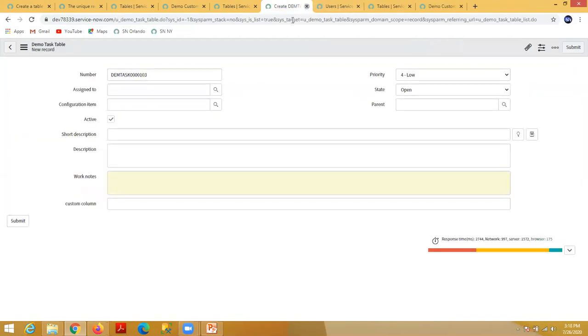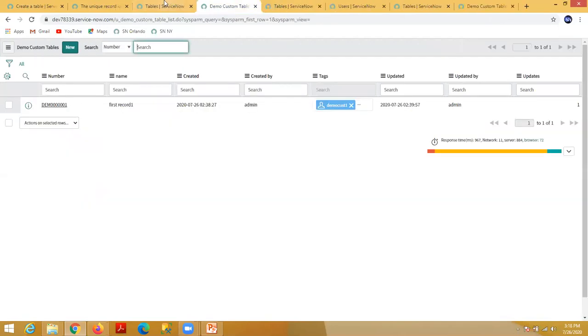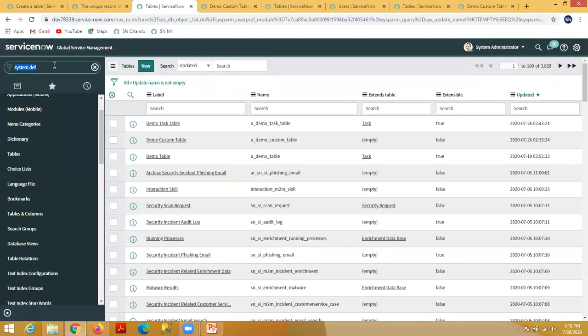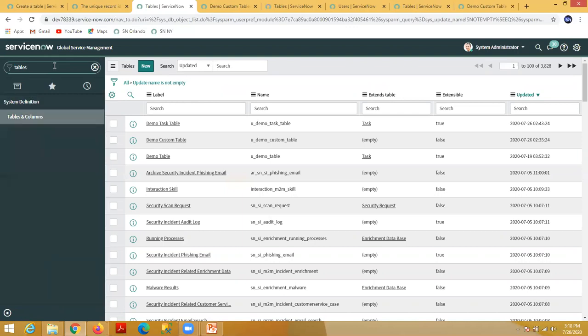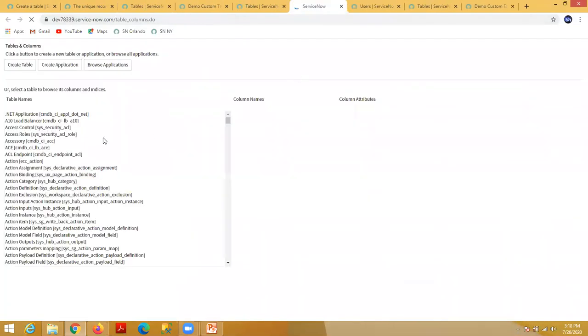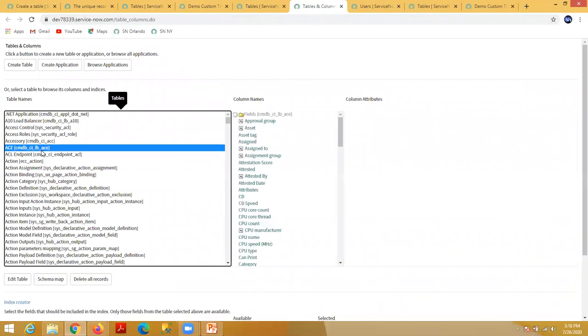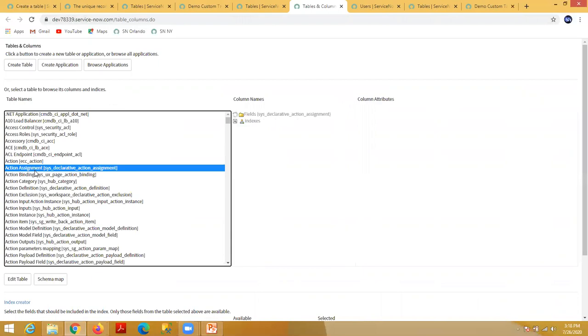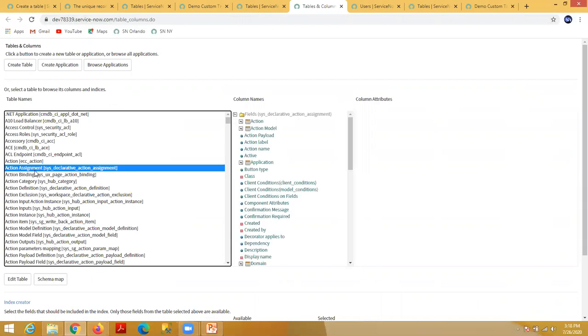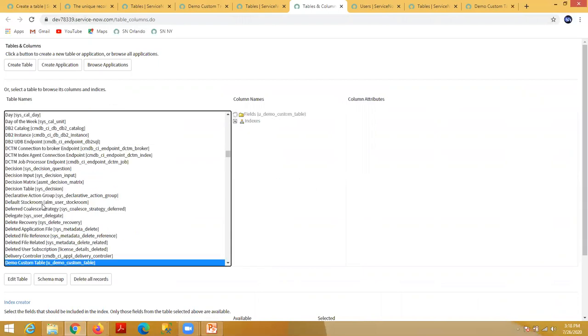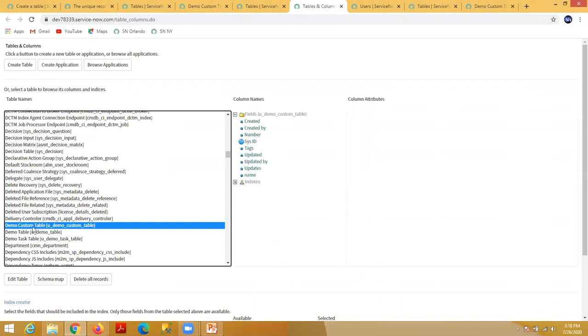And there is one more way. If you want to see, let's say, the tables and columns, you can search for your table here, as I mentioned earlier. You can find your custom table here as well. Let's say, suppose, demo. You can see this demo table.